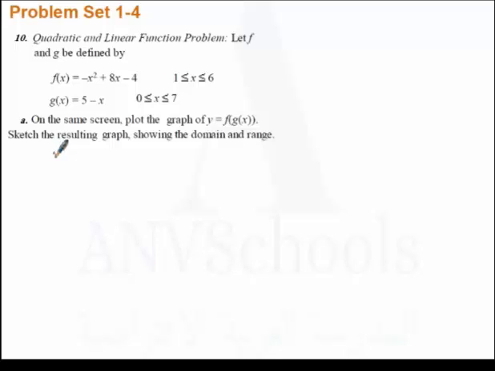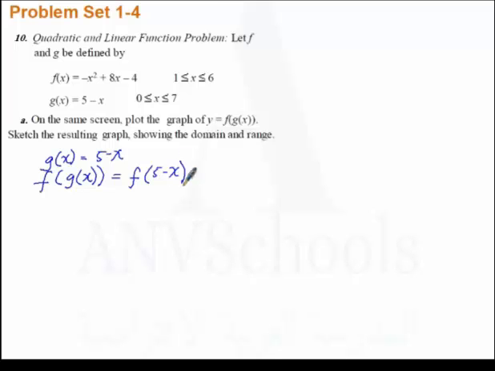Okay, going back to the basics, we have g of x is 5 minus x. So g of x is equal to 5 minus x, and our f of g of x would then be equal to f of 5